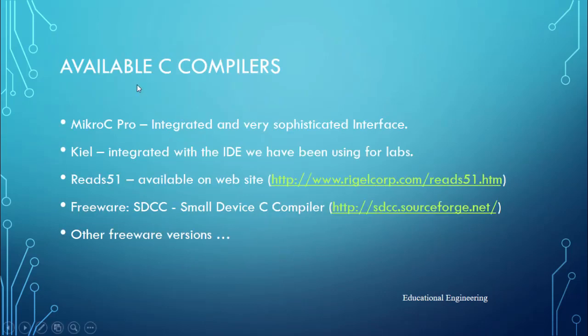Now, this is a list of available C compilers. As you can see, mikroC PRO, which is an integrated and very sophisticated software interface. Keil, integrated with the IDE we have been using for labs, but I will shift to mikroC PRO. Reads 51, which is available here. Freeware such as SDCC, Small Device C Compiler, you can get it from sourceforge.net, and a lot of other freeware